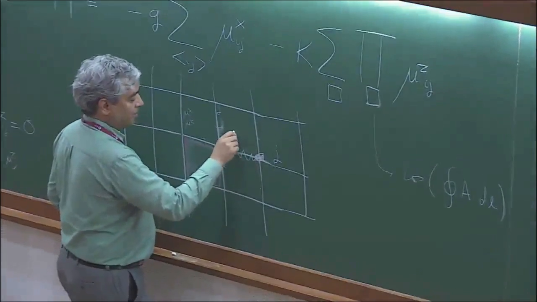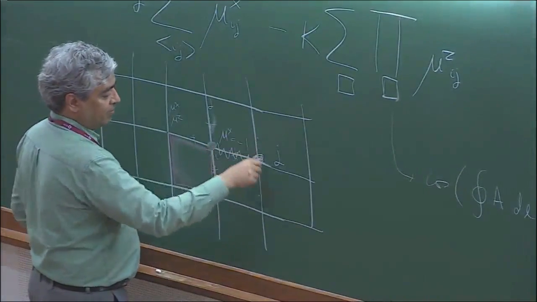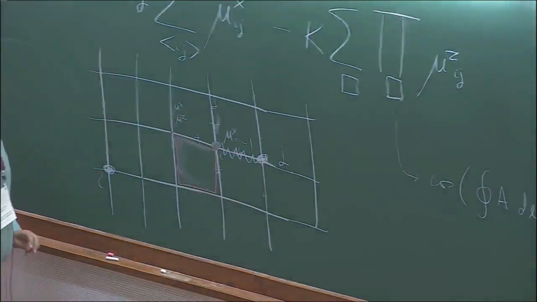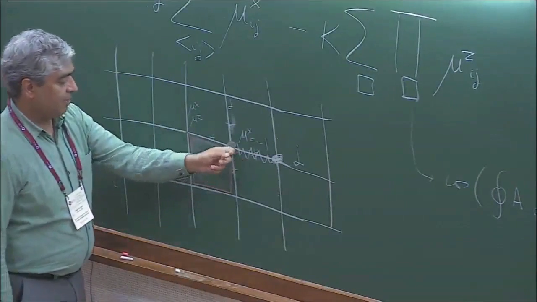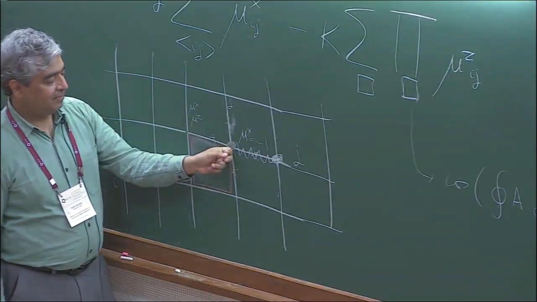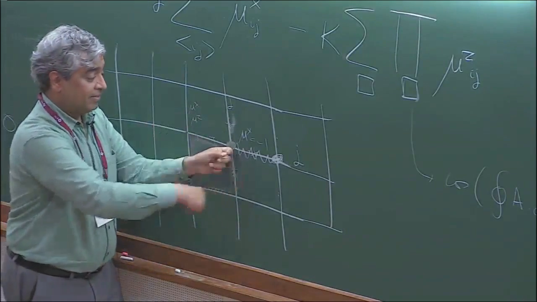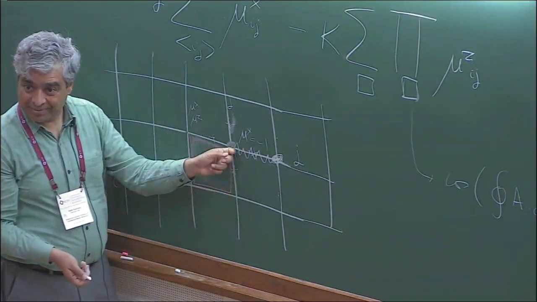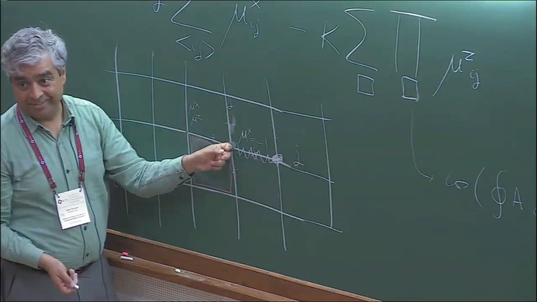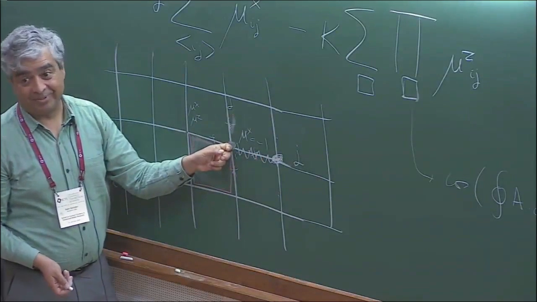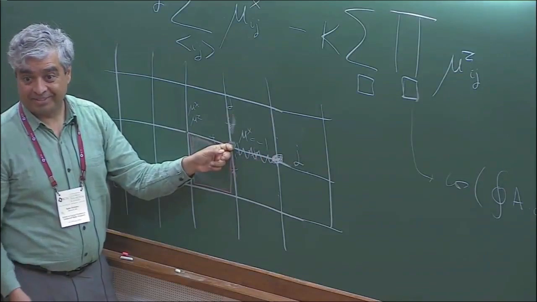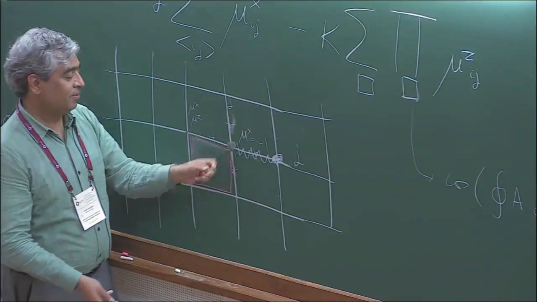This is mu x equals -1, and +1 everywhere else. All right. Now here, I've got to have product of mu x equals +1; there's no charge there. I already have a -1, so I've got to have another one. I have no alternative. So where should I put it?